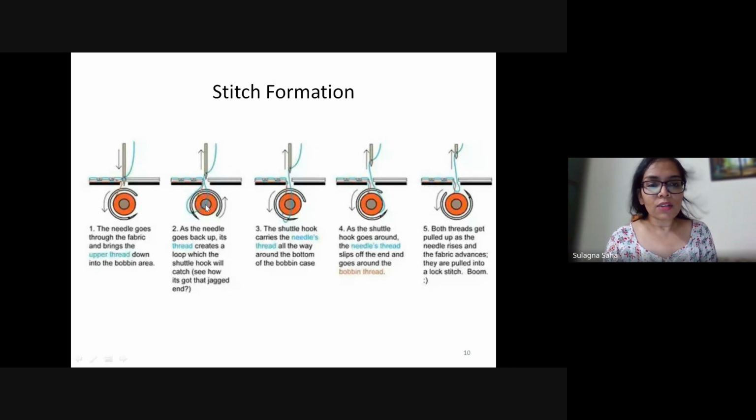Next, the shuttle hook takes the loop forward and around the bobbin case. In the fourth stage, the loop goes around the bobbin case and is released. As it is released, in the fifth stage, it is pulled upwards and the stitch is fixed into a lock stitch. Is this clear to everybody?